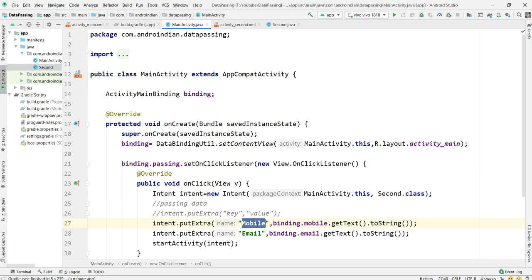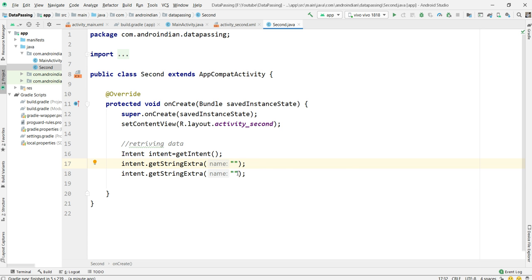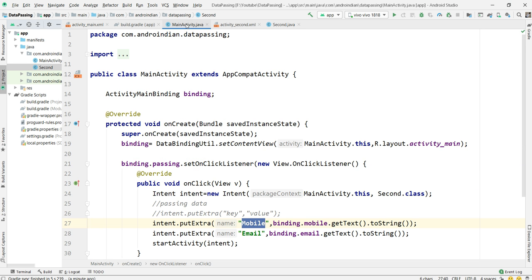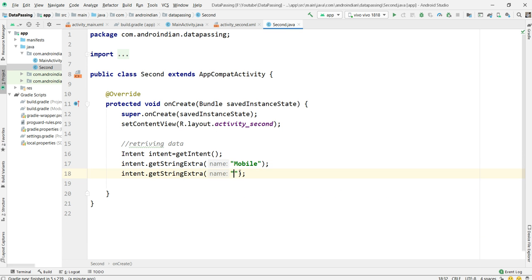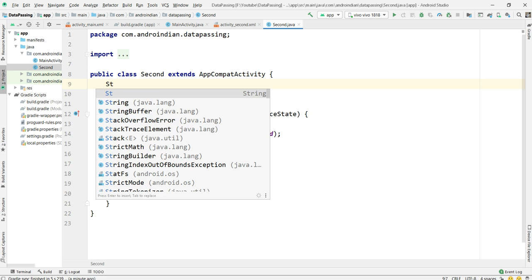You must ensure these keys, you can copy paste, because those keys are case sensitive. If it is not the same, it is not the same data, we cannot use that. Even if it is small or capital, it should match. Because of that, you must ensure you use the same.